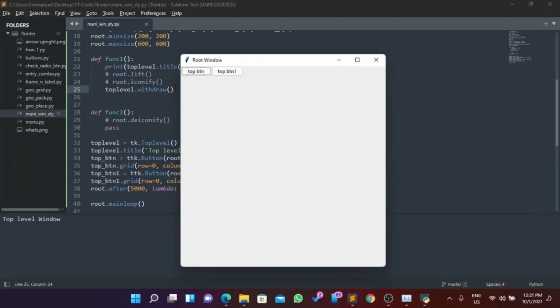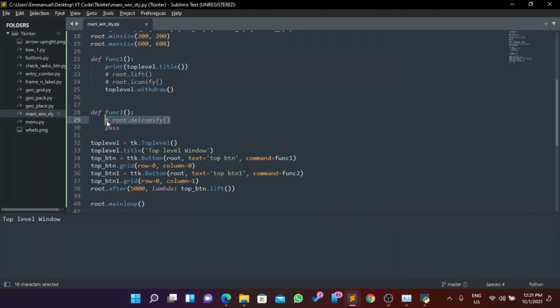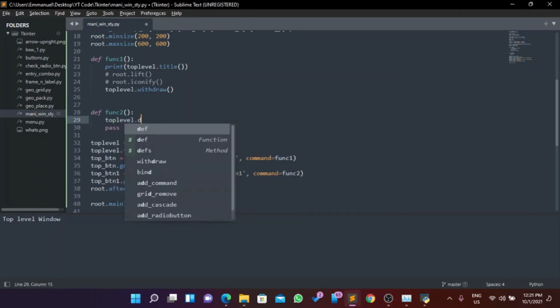Now how do we bring it back? We can bring it back by just calling either deiconify or iconify. Now the difference between bringing it back with both is, if I call it with deiconify, it's going to bring it back up, but iconify is going to bring it back as an icon. So if I do toplevel.deiconify,